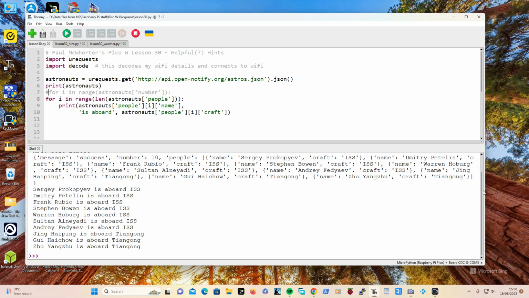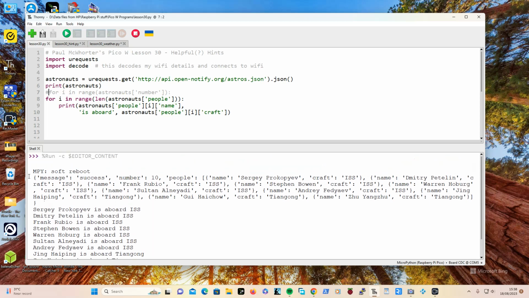And it does what his did, and you have a dictionary with various keys in: message, number, people, and then in people you've got a list of dictionaries, and it works wonderfully. Now he said you could choose to either go for i in range, len, astronauts, people, to get all of the people and where they are, or you could go for i in range, astronauts, number, which is here,